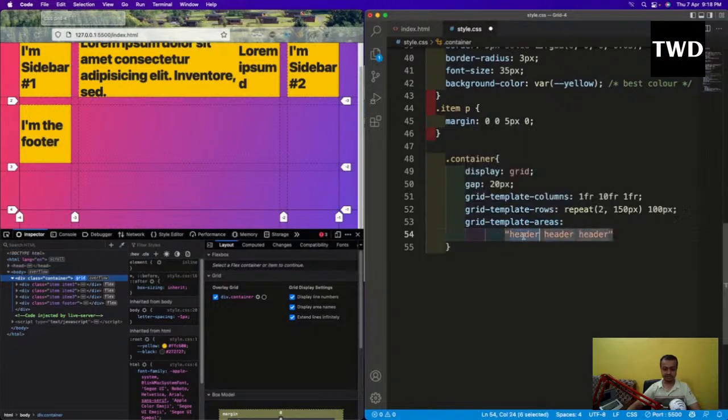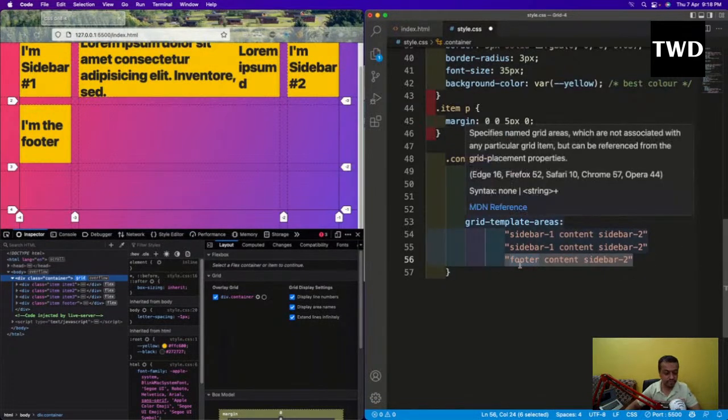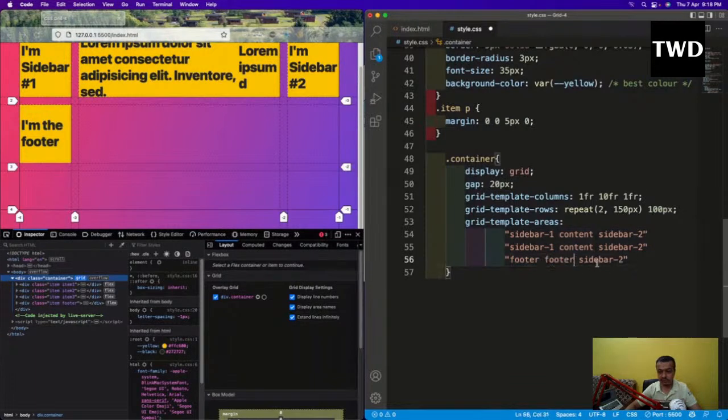It's like sidebar 1, content, and sidebar 2, sidebar 1, content and sidebar 2, footer, footer and footer. So what I just did, okay,